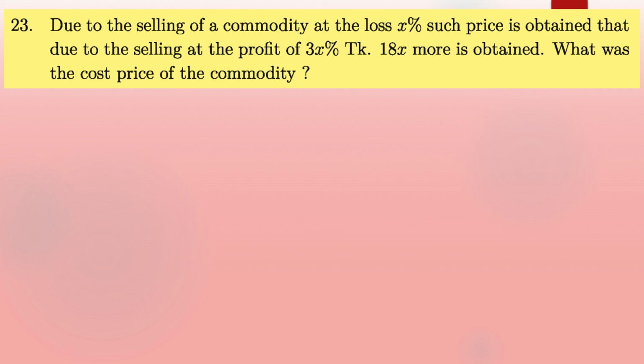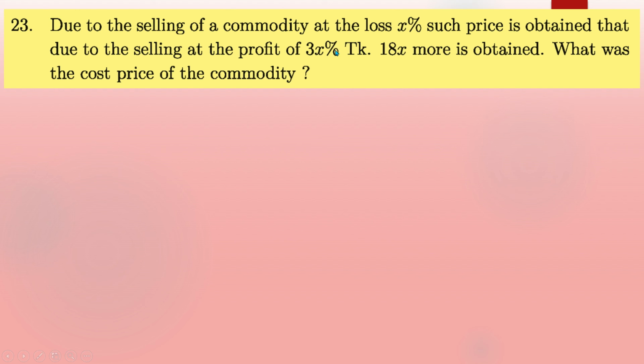Clear, students? This type of math you had already solved in a previous class. Again, I repeat this. That means if cost price is taka y at x percent, as here the loss is x percent, so loss will be x percentage of y. X percentage of y means x by 100 of y. Of means multiplication. So xy by 100. This is a loss. Therefore, selling price will be y minus xy by 100.